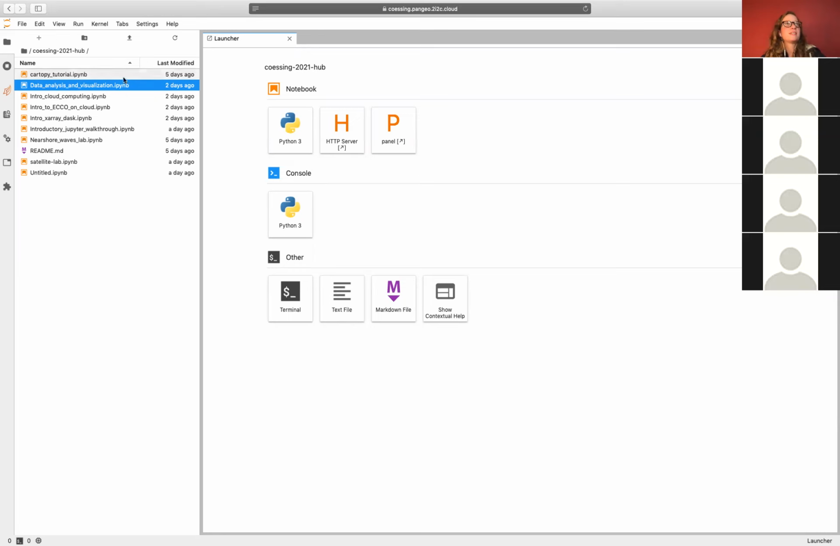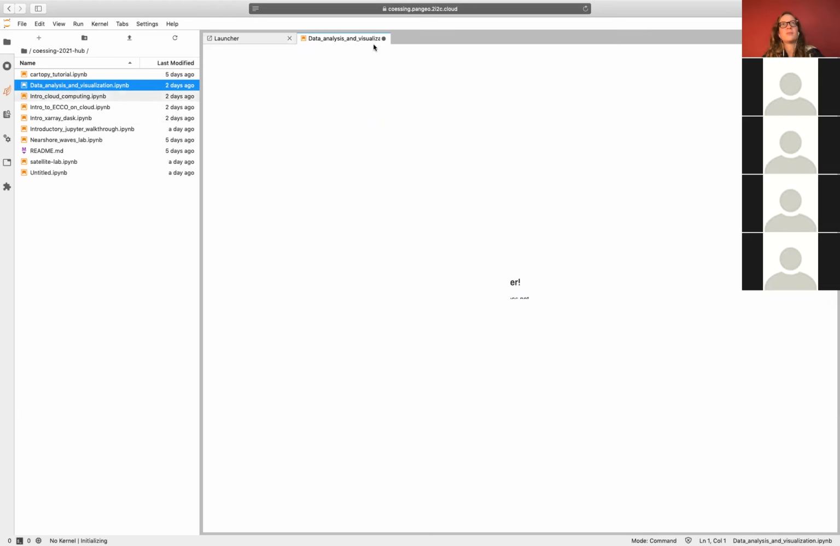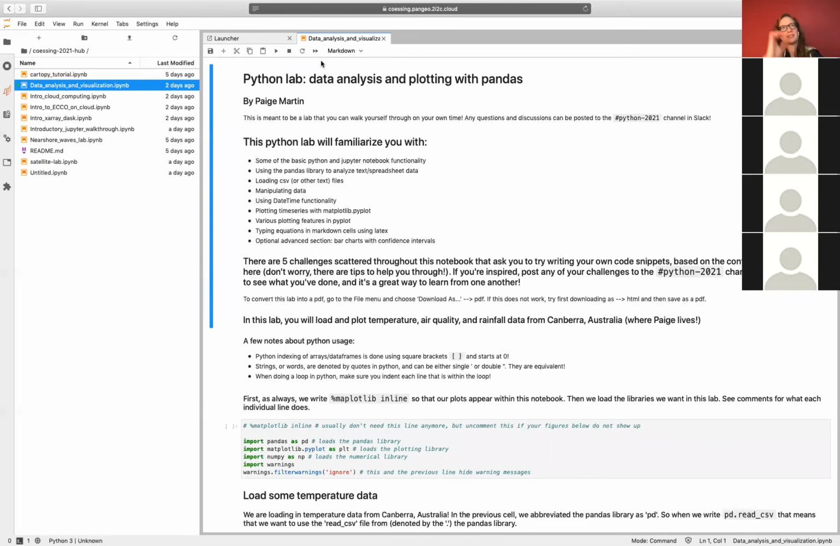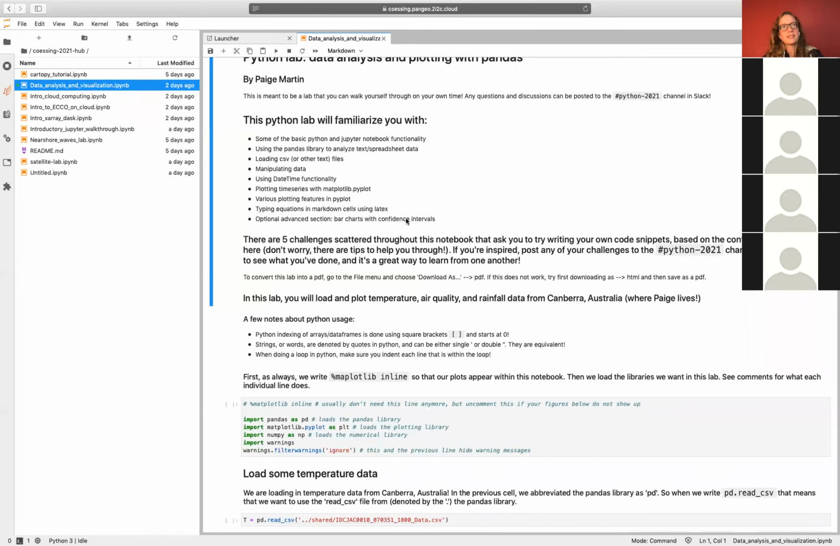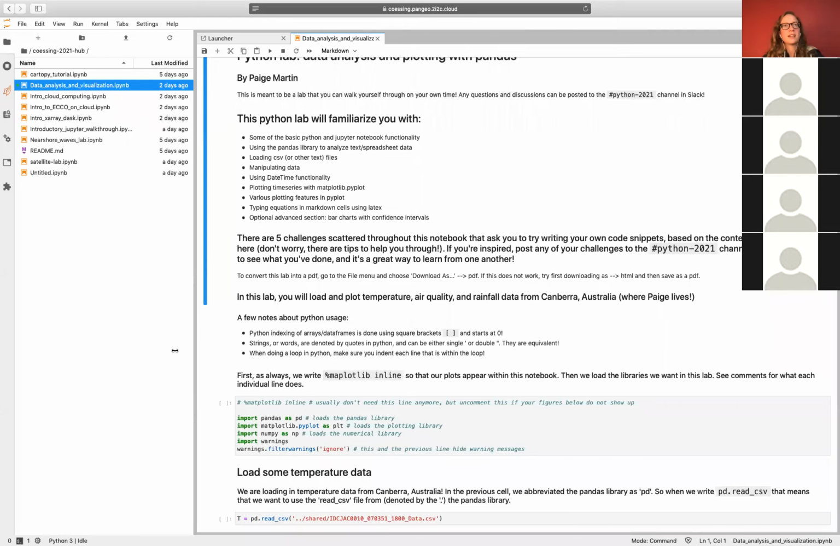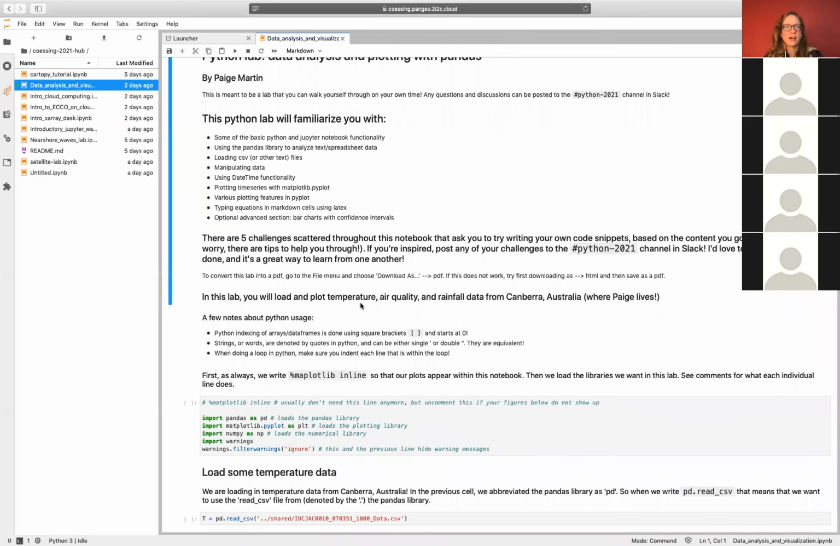Okay, so today we're going to be going through this notebook. So I just double click on that, Data Analysis and Visualization. And it opens up in a tab here. So this is a notebook that will take us through how to